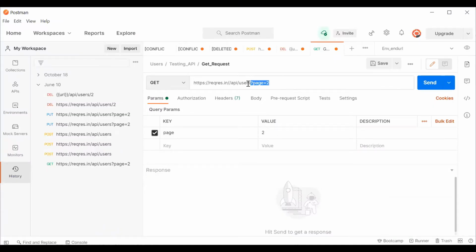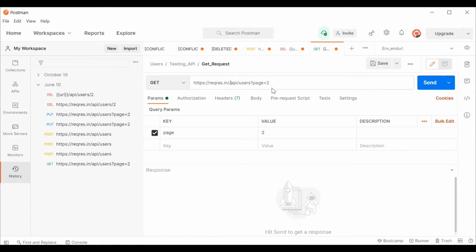This is how it should look like. So this is your complete URI or API's address which you're going to test. So you will choose your call, whether it's a get call, put call, post or delete call. So right now it's a get call. I chose it. And here you're going to put endpoint URL and your service URL.